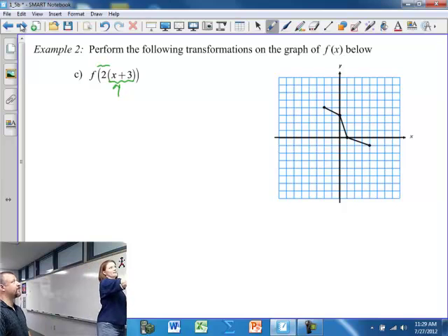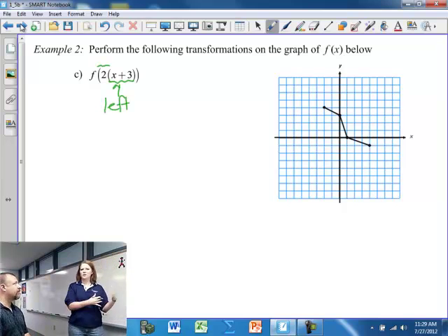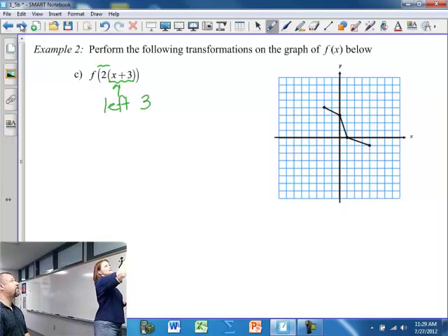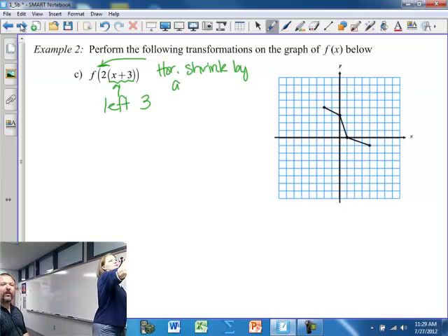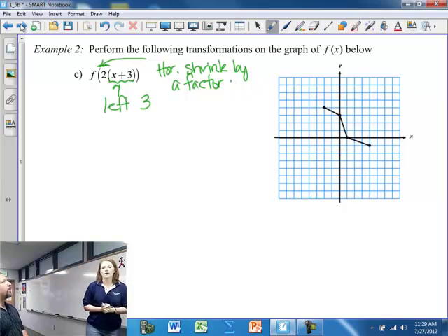So what is this plus 3 going to do? It's going to go left 3. And a minute ago on example A, to go left 3, I just moved all the dots, right? Okay, what is this little times 2 going to do? Well, we're going to multiply by 1/2, which means we're going to horizontally shrink by a half, a factor of 1/2. Now, I'm still going to use Mr. Lucky's strategy